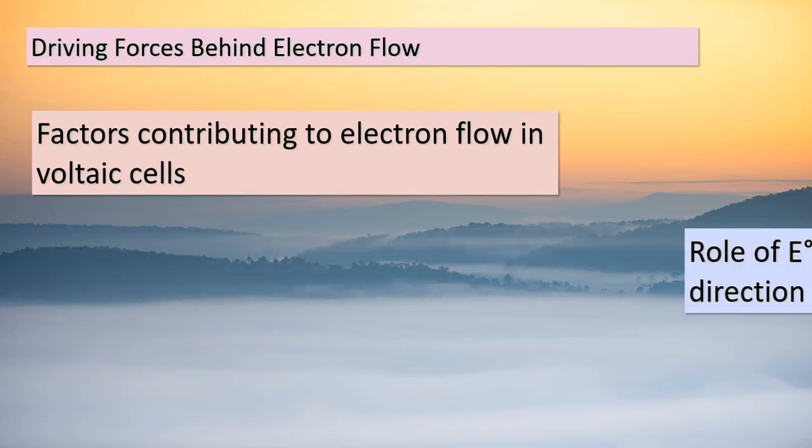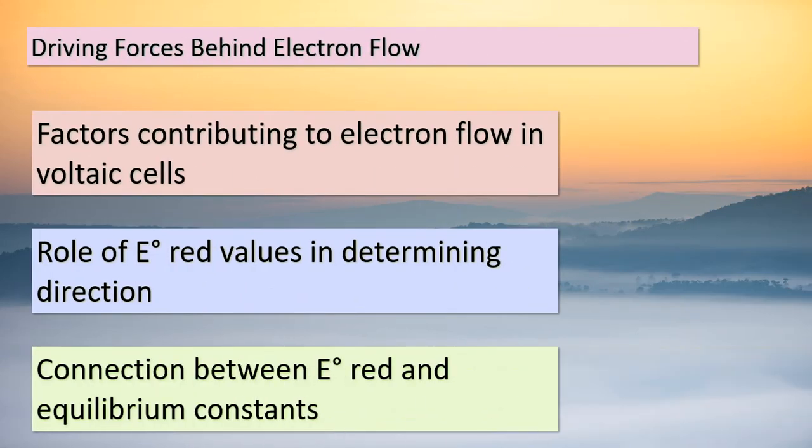Hello again, inquisitive minds. Let's delve deeper into the driving forces behind the mesmerizing electron flow within voltaic cells. As we've learned, the standard reduction potentials, E° values, play a pivotal role in dictating the direction of electron movement. When we examine these E° values, we're essentially peeking into the equilibrium constants of the reactions. The more positive E° value at the cathode signifies a reaction more inclined towards reduction, encouraging electrons to travel in